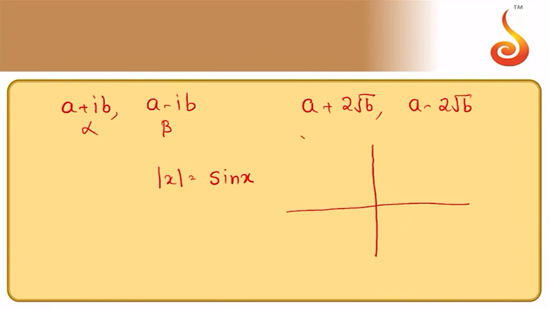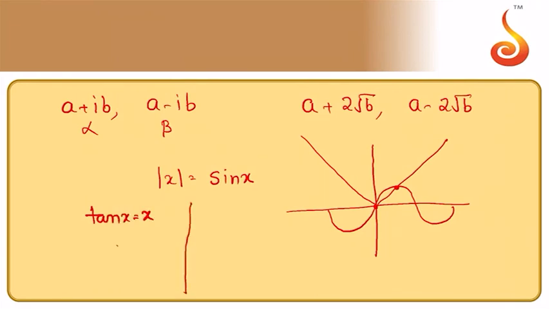Known. Another thing is that suppose the question asks: mod x is equal to sin x. Find the number of roots. You always have to draw the graph for it. So this is the mod x graph and this will be the sin x graph. Generally students make mistakes. There are two common points. There are two possibilities.